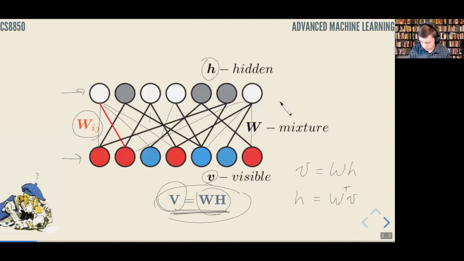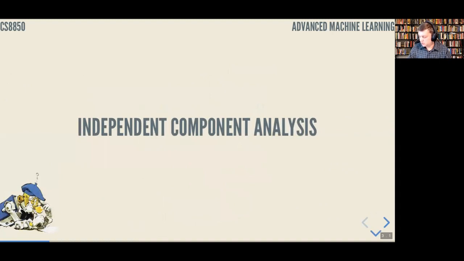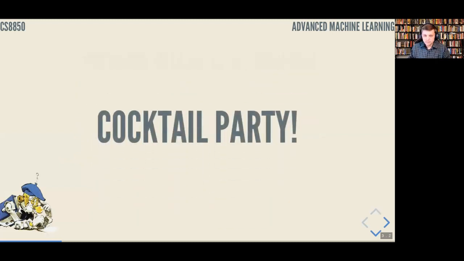So let's start with the most difficult of all of the methods, I think, from today, but it was the easiest exposition because I'm not going to go into much detail on independent component analysis. And I will use the textual slides. That's why I didn't record it. So, cocktail party problem. Independent component analysis